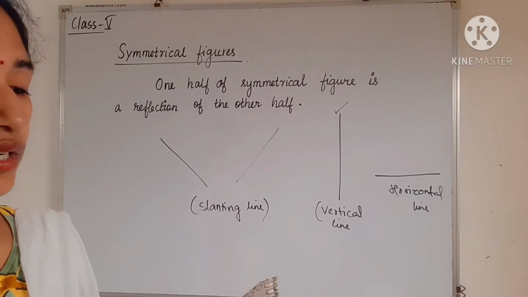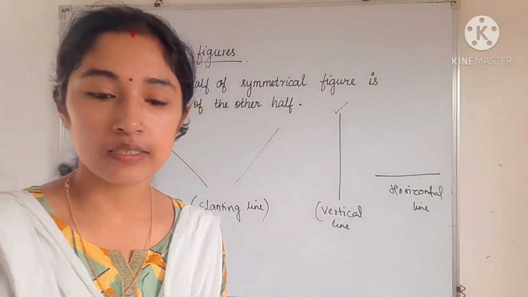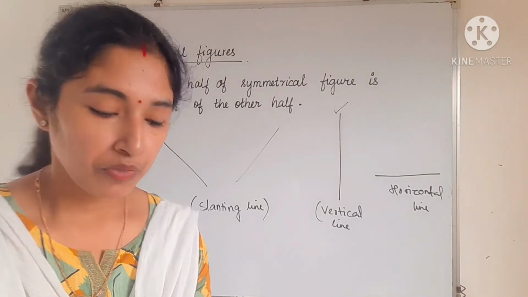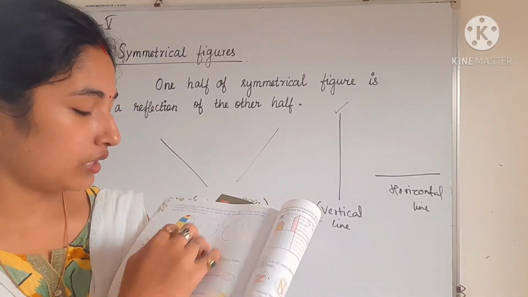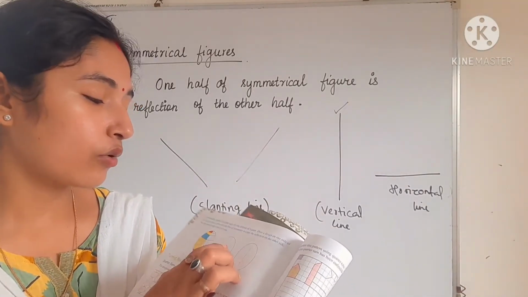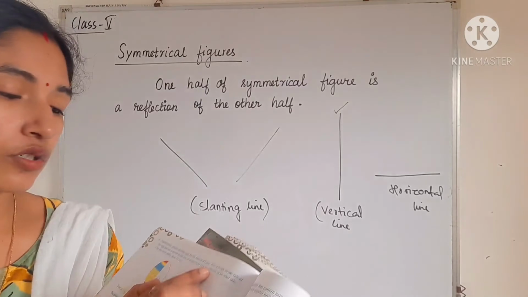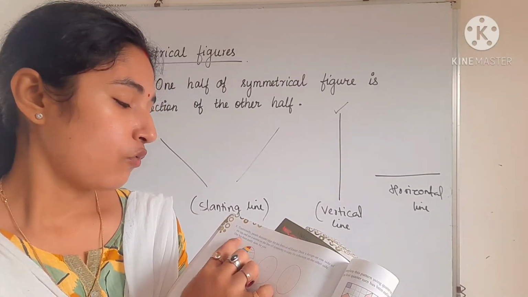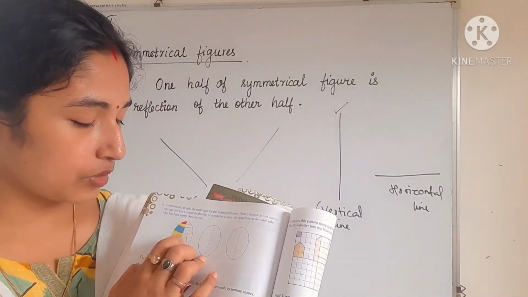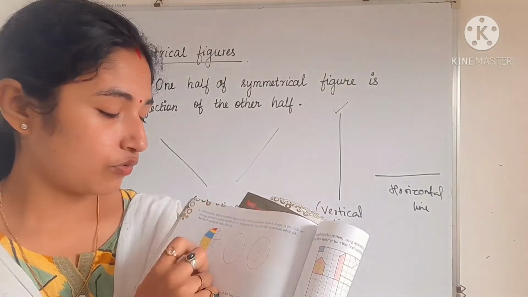In the next question, number 4, traditionally people decorate eggs for the festival of Easter. You know, there is a festival Easter, and in that festival people decorate eggs. Outside the egg they used to color, using color they used to decorate the eggs. So draw a design on one side of the egg and use a mirror on the line of symmetry to copy the reflection on the other side. One has been partly done for you. So this part is done for you. Next you have to color this half part exactly similar to what is already done.